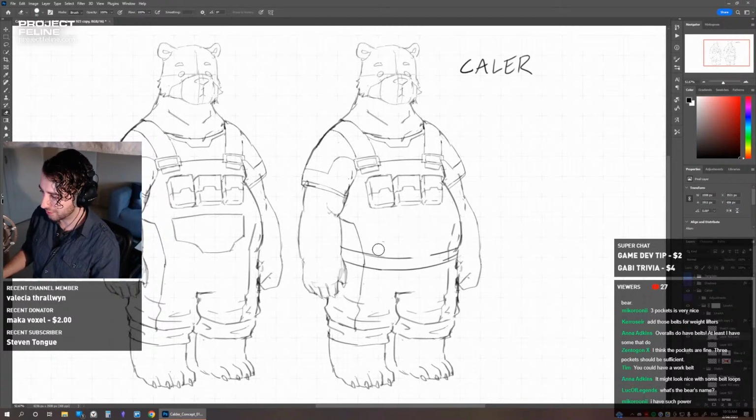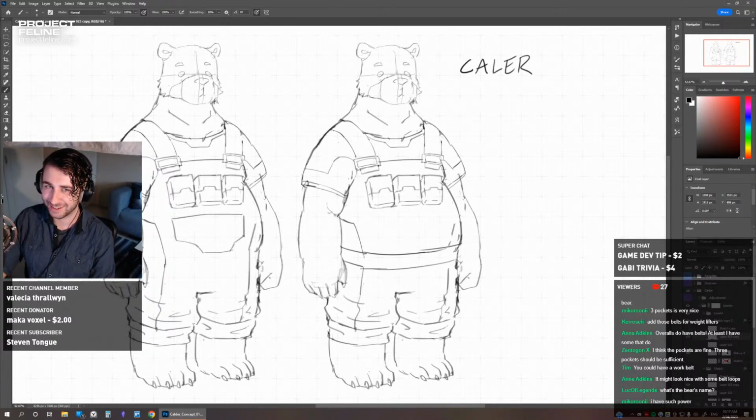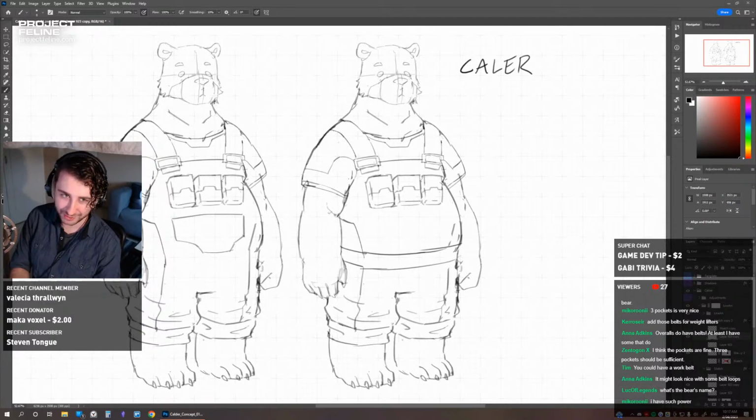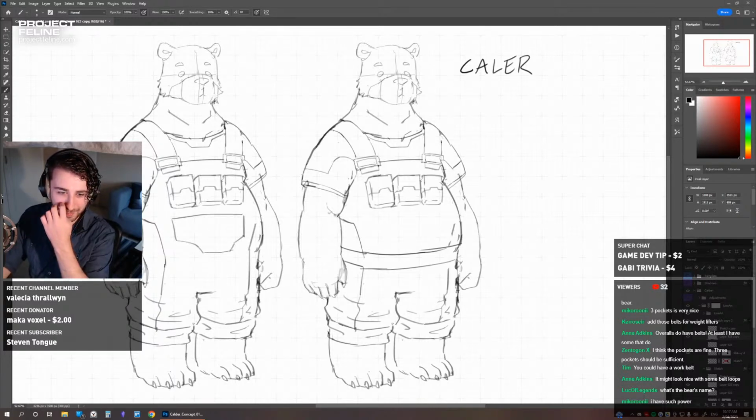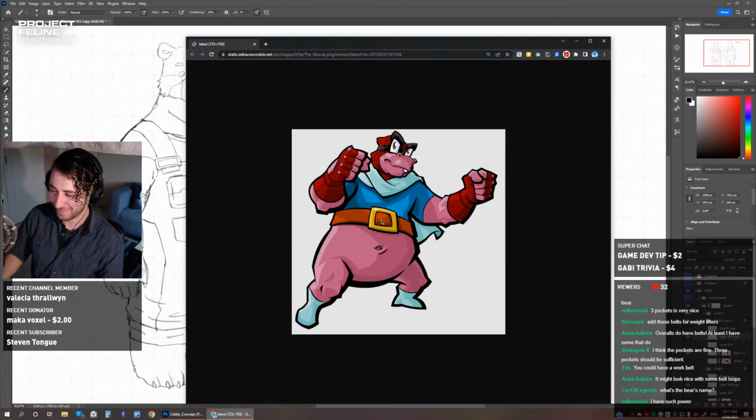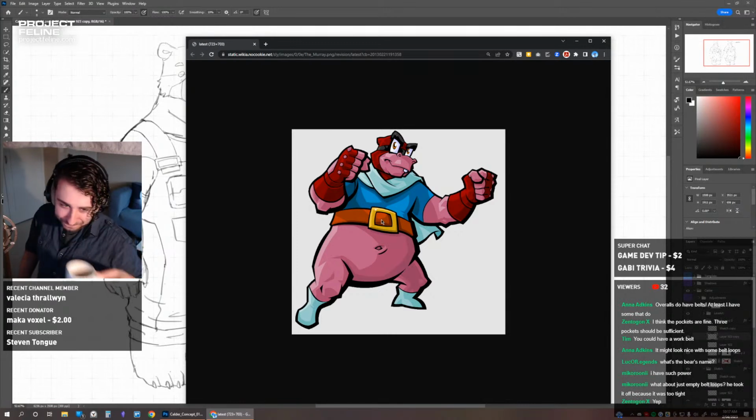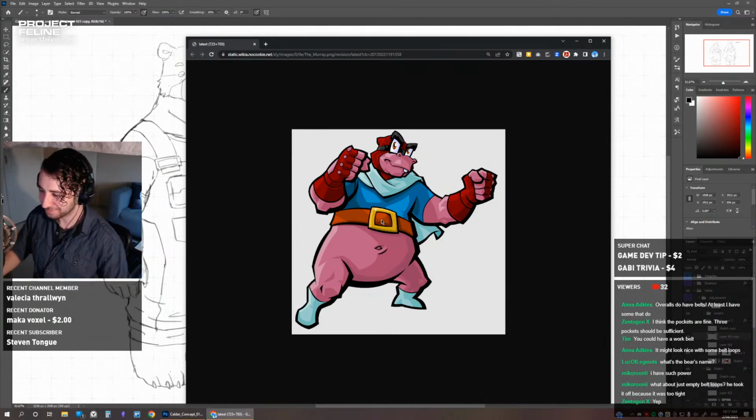Okay, let's try it. We'll do this one with the belt. I'm half wondering if I should give him the Murray belt from Sly Cooper. I don't know, do people still know who Sly Cooper is? I hope so. It's an epic game. Murray is one of my favorite designs, I don't know why, but I love it. Because he has a belt, but no pants. I always thought that was the funniest thing. So we might give him a belt like that. It's just so funny to me for some reason.